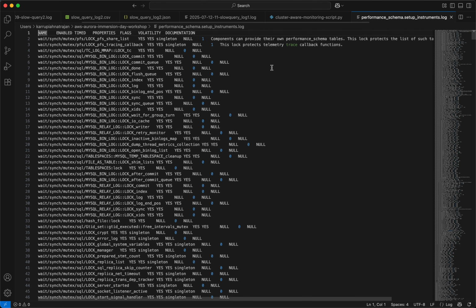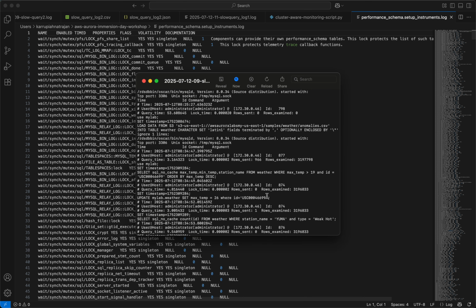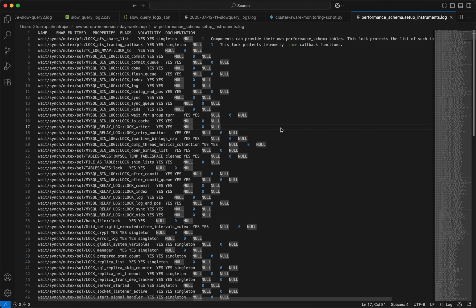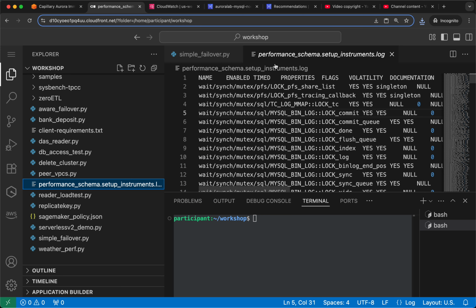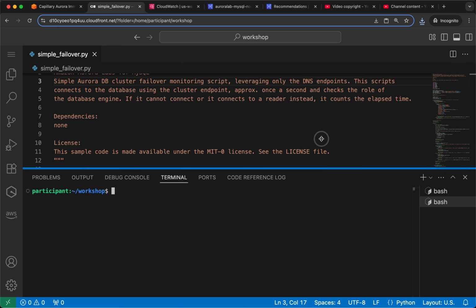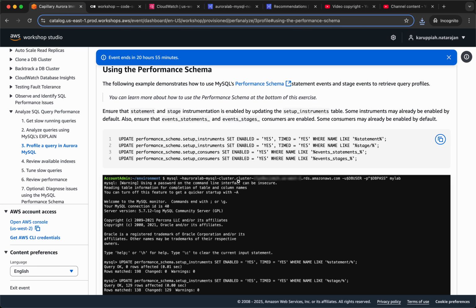Yeah, this one. Cool. So this one, if I just simply open it like this, if I close it and I still open it like that. Anyways, so here I'm looking for statement,